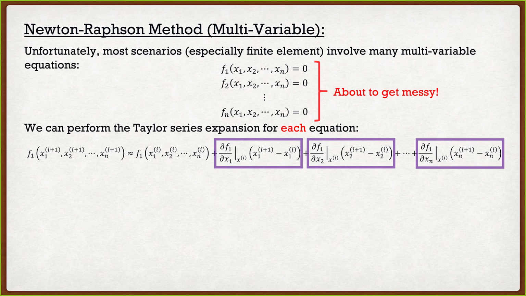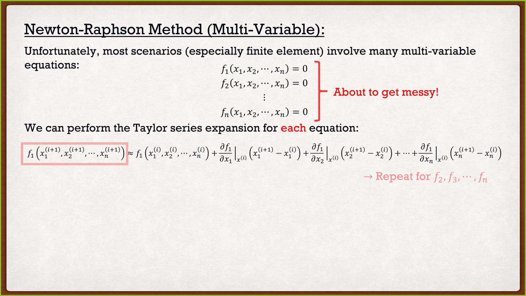The only difference, and the reason why I now have more than just one term, is because when I'm taking that derivative of our function, now I have to take it with respect to each of those unknown variables. So the first component there is the derivative of f1 with respect to x1. Our second component, the derivative of f1 with respect to x2. And this goes on for all of our unknown variables until we get the derivative of f1 with respect to xn. This is just for one equation. We have to do this for f2, f3, all the way on until we reach our total number of equations.